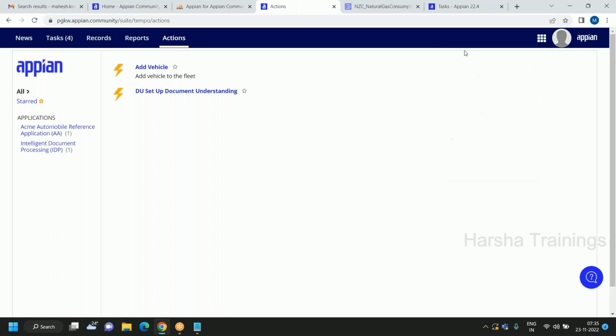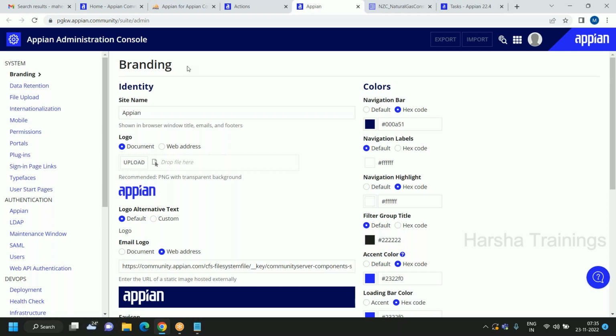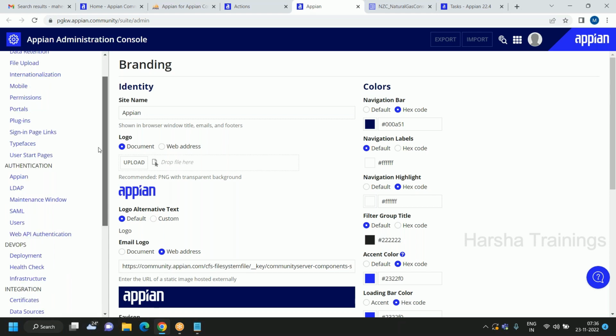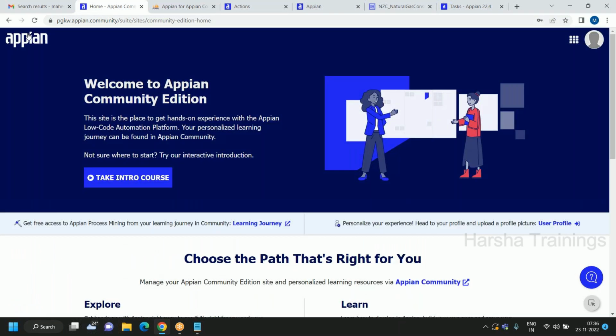Admin console. I already explained it in earlier classes also. Again, for newcomers, I'll explain a bit more. The admin console has all these options, like features. It's not mandatory, just something you may want to know. The branding you require. Branding is nothing but what we project to the customers or clients or users on our site. See, the site name is Appian,